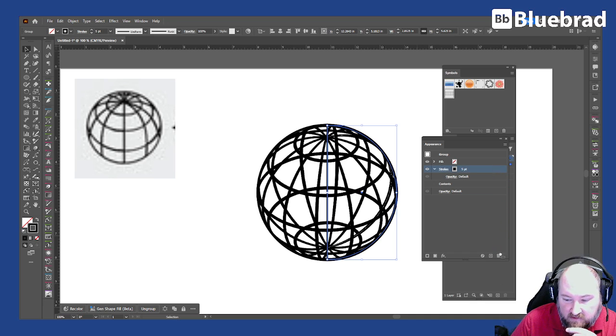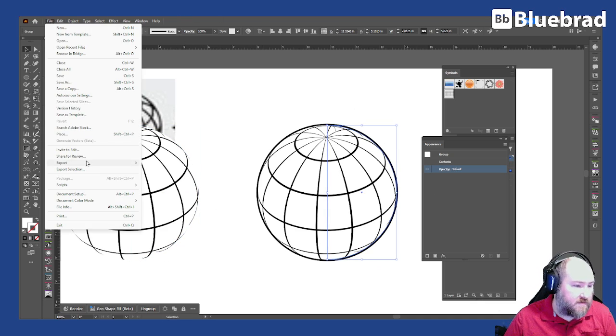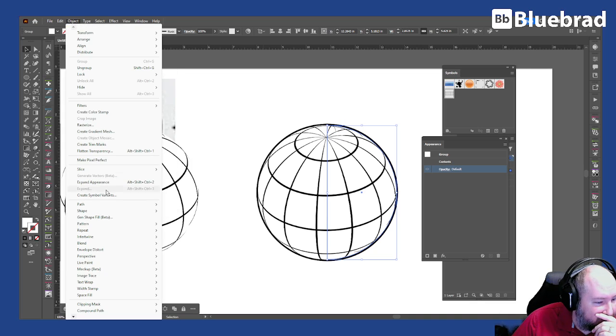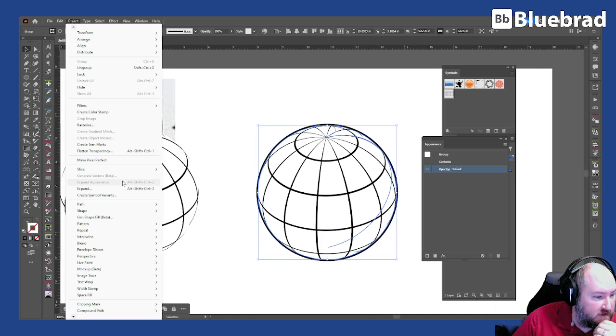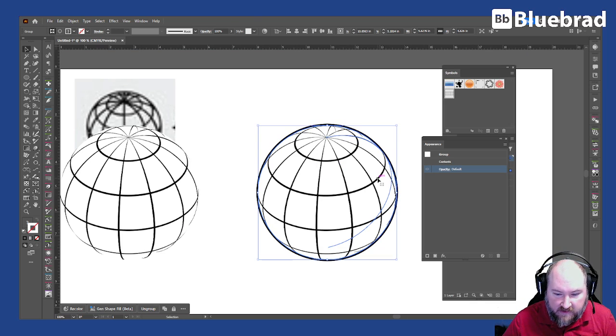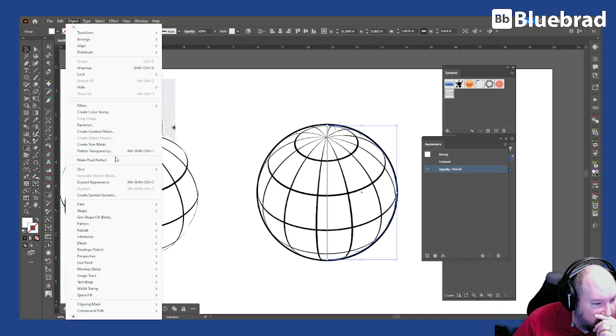Maybe what I do then is delete this, duplicate that off. We're going to go object. Where's extrude? Oh, expand appearance, object, expand. Okay, I do have all of these lines, but they're object,